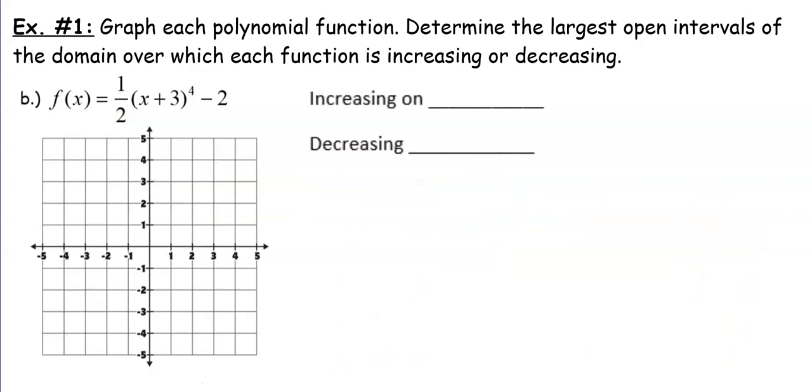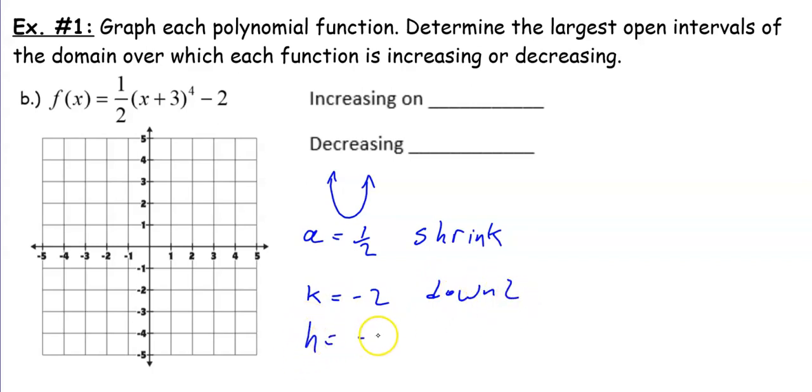Well, let's graph this one. So what I notice is this is an even power. So my parent function, since it's an even power, will look like that. Well, what are we doing to this? Well, A equals 1/2. Since A is 1/2, that is going to be a shrink. So what happens is when I'm shrinking it, I'm pushing it down, which is actually going to make this U a wider parabola. We are going to shift it down 2 units,